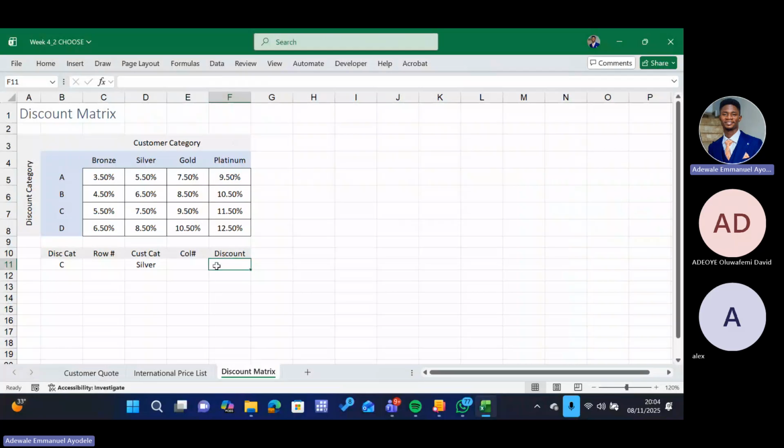You press the equal sign. And you press index. You can see the index function. It's now asking you where is the array, the set of data that you want to look at. You select the data. Now press comma. You say, okay, what is the row number? Let's say we are looking at row C. C is on what row? Is it not row 3? Row 3,